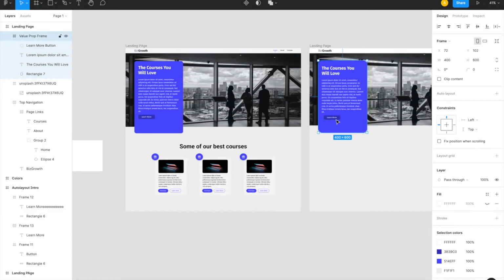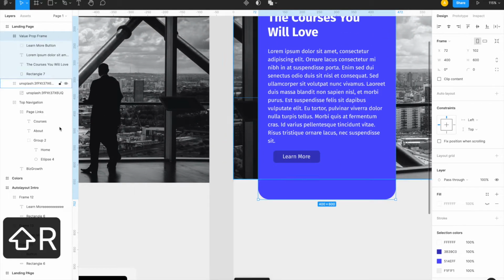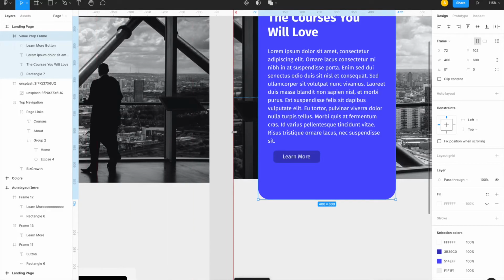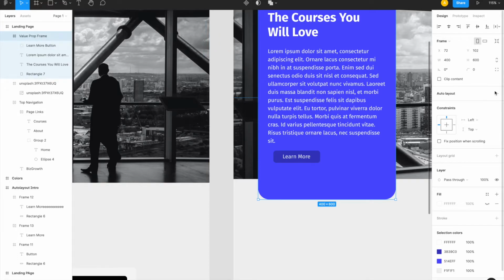Do you see the button here that is not in the alignment, the learn more button? I'm gonna zoom in actually. Right now I'm gonna press Shift R to show you. We don't have the alignment yet with the text and the button. We can use our design elements here to do this, but things would also get out of hand if the button's content would change. If it got longer, we would have to adjust it, and that's why using an auto layout to align things is so powerful. So what I'm gonna do now is give this top frame an auto layout,